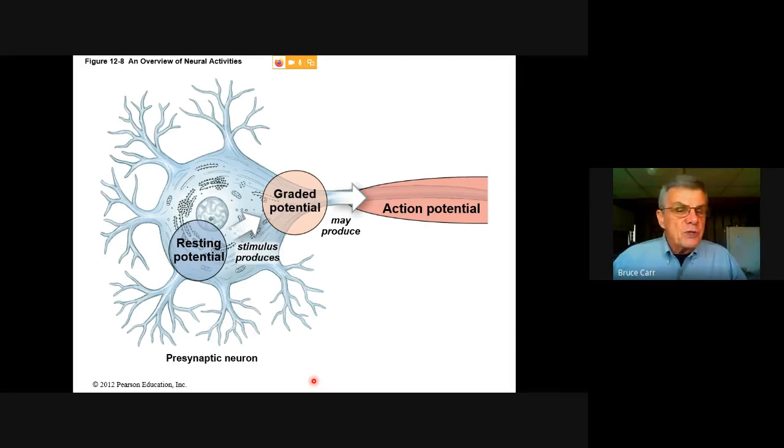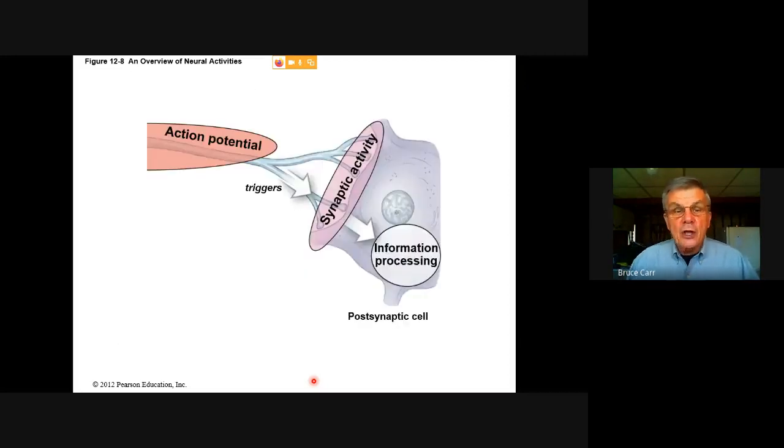If those graded potentials add up to that minimum threshold value, and I want to emphasize that's a voltage value, they fire and the action potential races all over the body of the cell and down the axon to the